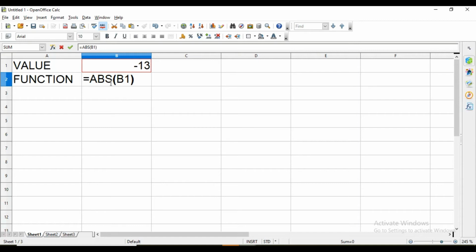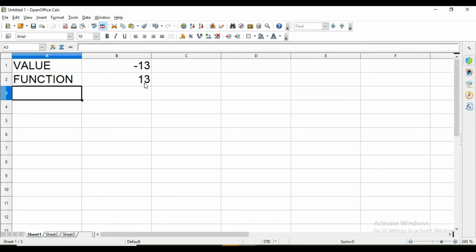This is absolute. ABS stands for absolute. So it will find absolute value of this value because we have given cell address here B1. So whatever value is stored there, this function will find absolute value of that. So now this is absolute value of minus 30.